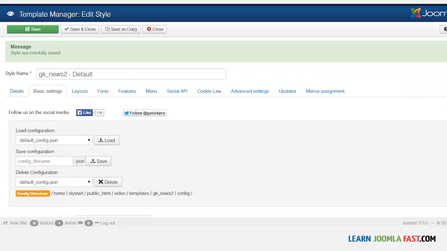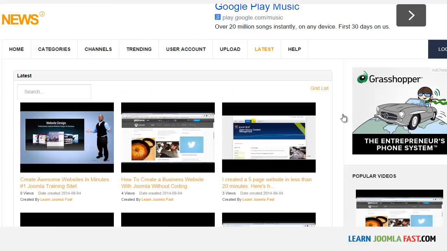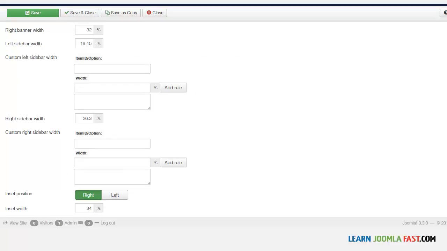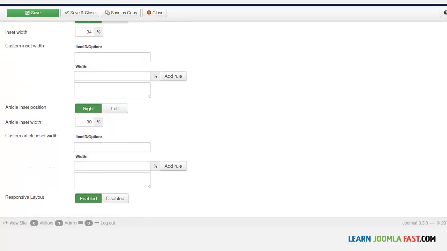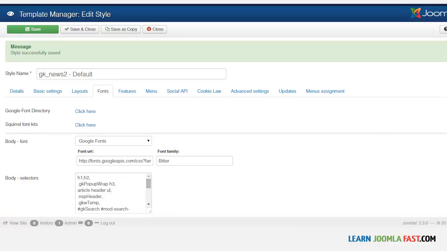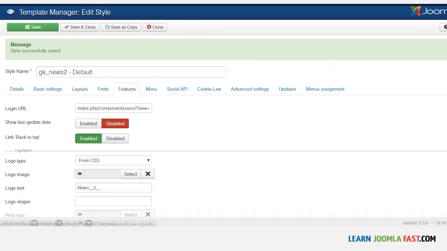All right, so once you've selected that, go to the layout here, and you can change the width of this template, the layout, the template width, the table width, also for the mobile, the right banner. But I'm just going to leave these as they are. If you want to customize a bit more, you can play with the settings here and see what it looks like. The fonts are okay. Now for the features,